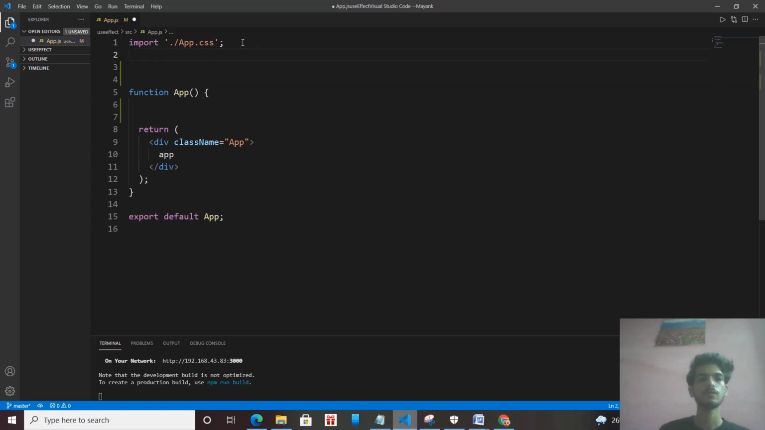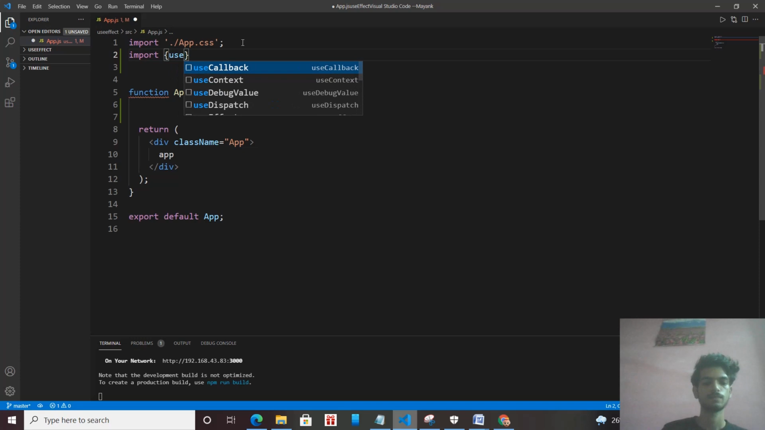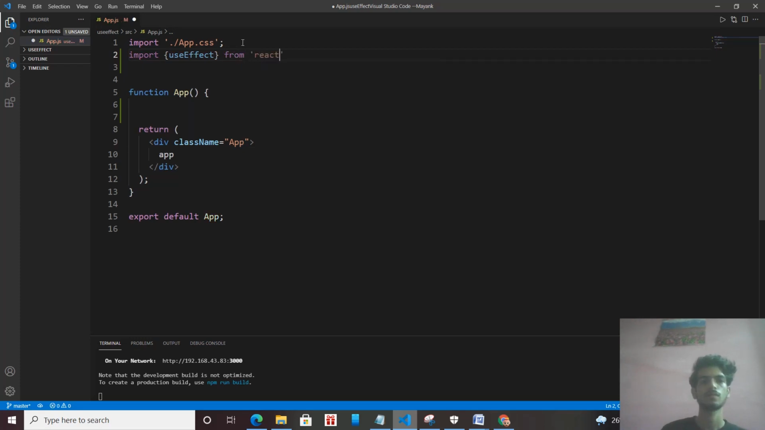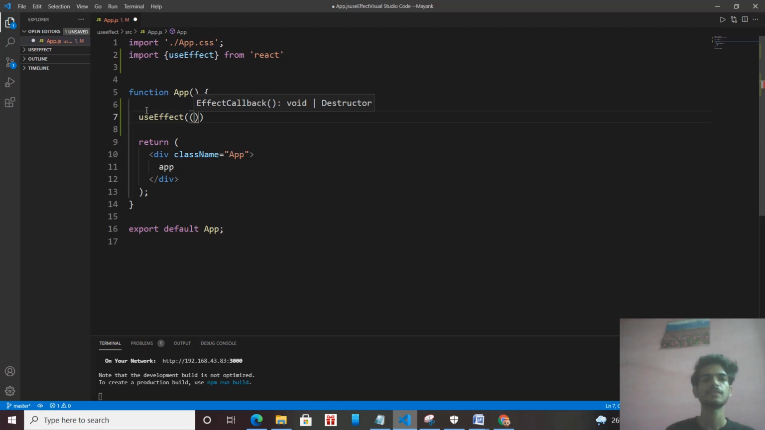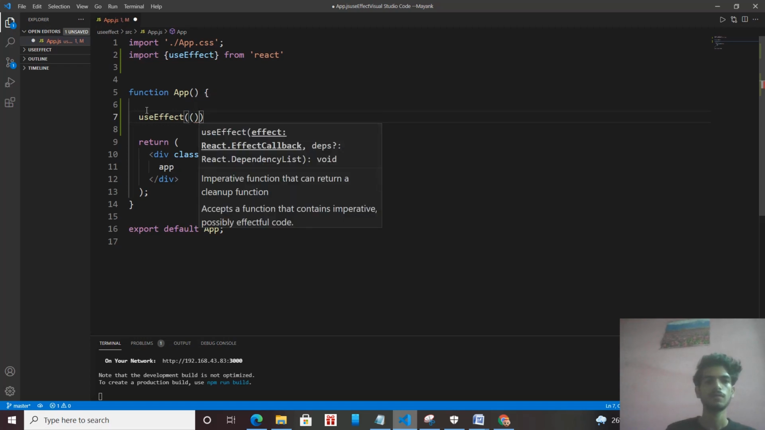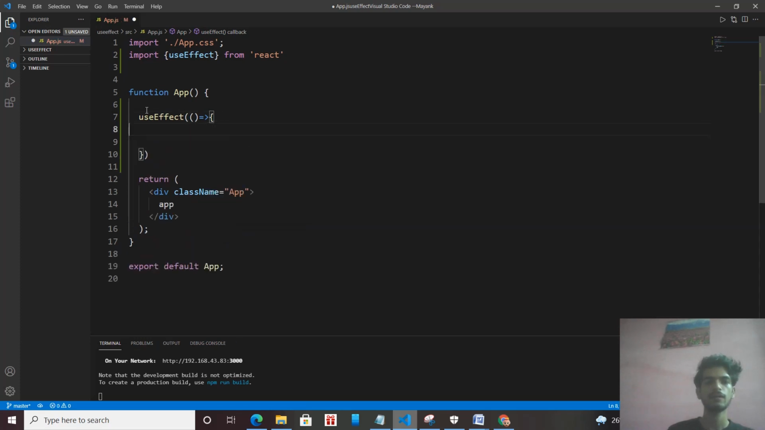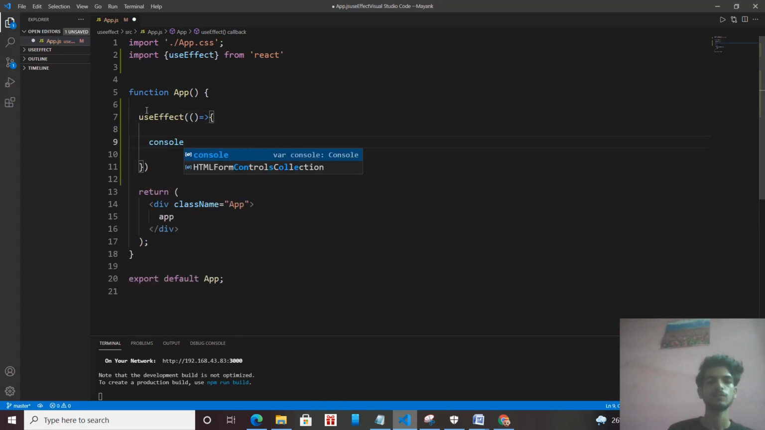To import the useEffect hook, you need to write an import statement. To initialize the useEffect hook, you need to write its name, and inside it is an arrow function, and whatever you write inside this useEffect function, it is going to run. Okay, so let me print some demo thing,